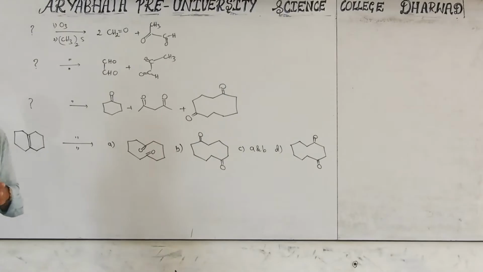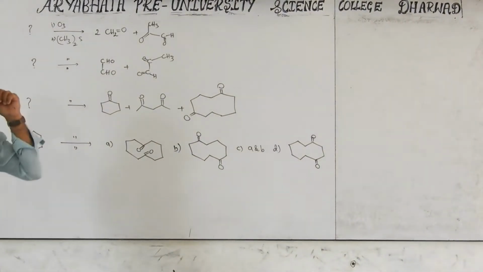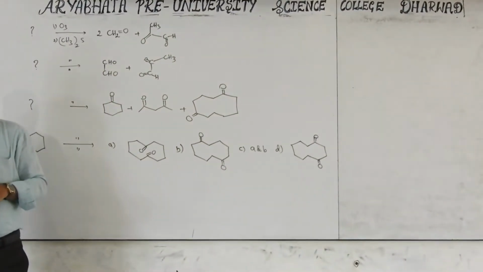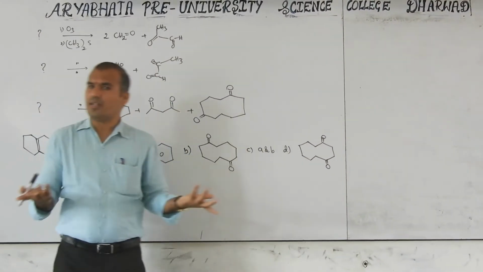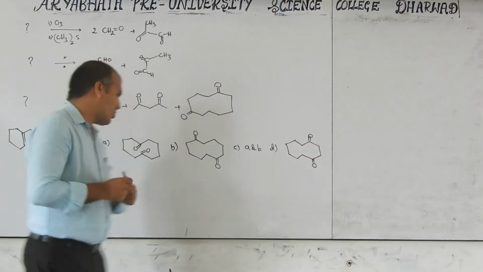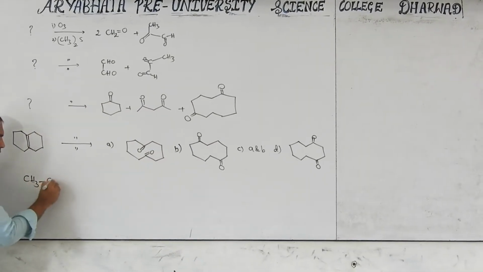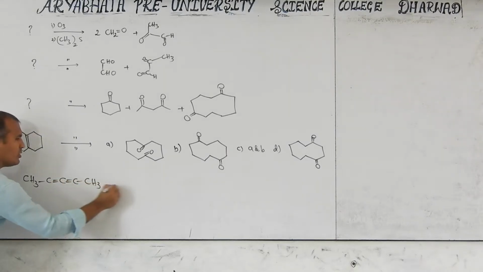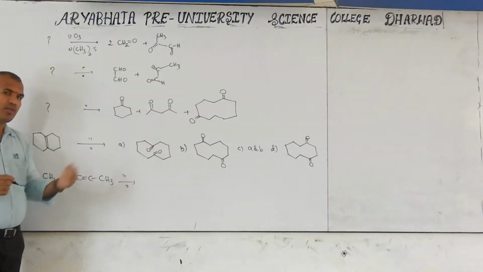I hope I have given many questions for the competitive level also, and this is PUC level also. Don't consider this a very high difficulty level. The only thing: remove the oxygen, add the double bond. If the reactant is given, remove the double bond, add the oxygen on the left and right side. That is the only simple trick. And one more thing here, CH3 C double bond CH3, same way. So what is the product formed, that also you have to answer.